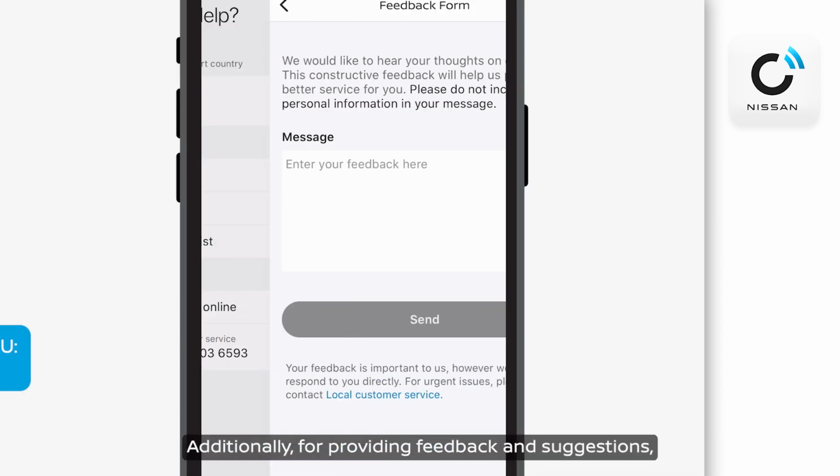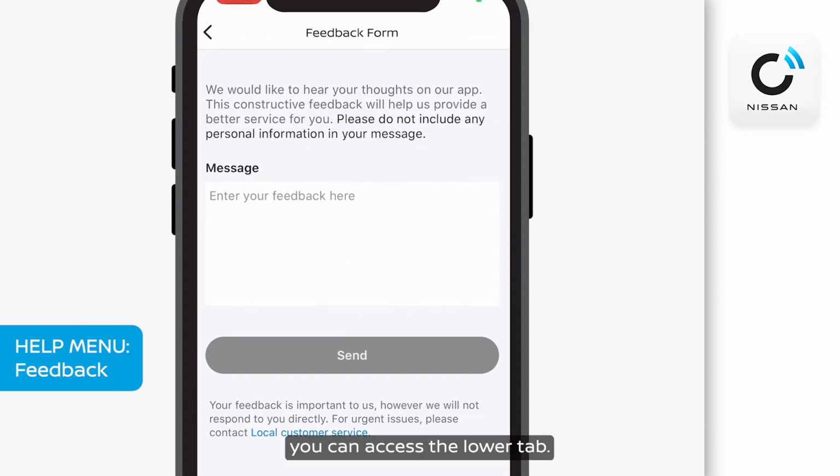Additionally, for providing feedback and suggestions, you can access the lower tab,